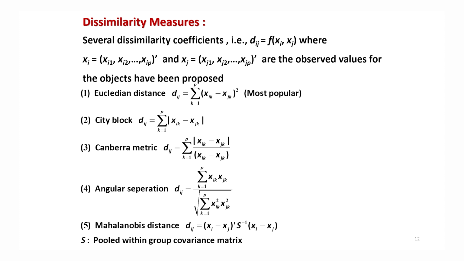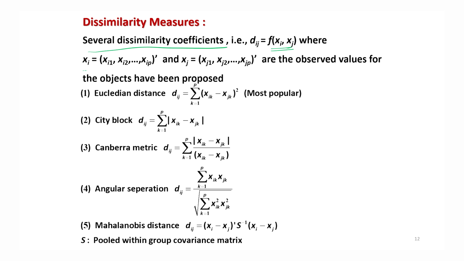Okay, so now the question comes here, how are you going to define this Sij or say Dij? Now we have understood that there is a close relationship between Sij and Dij. So if I know any one of them, I can find the other value also. So in the literature, several dissimilarity coefficients have been defined, which are functions of, say, xi and xj,